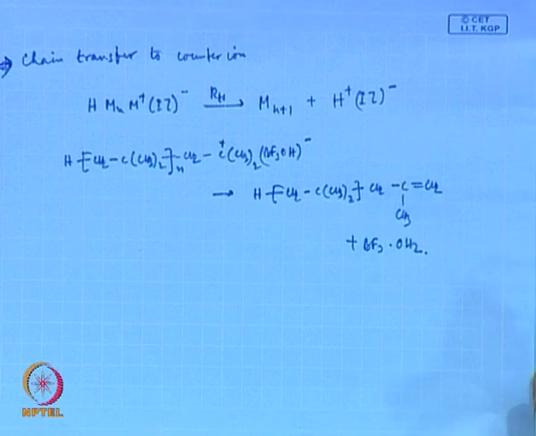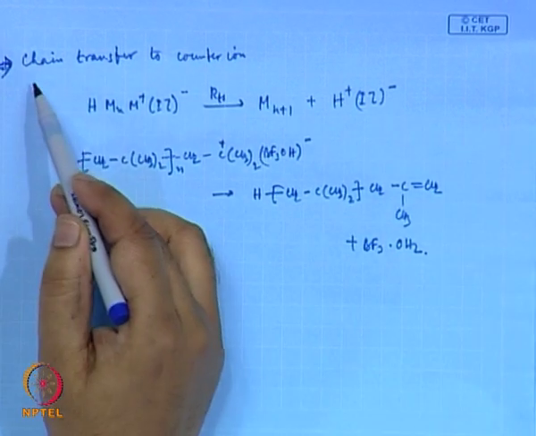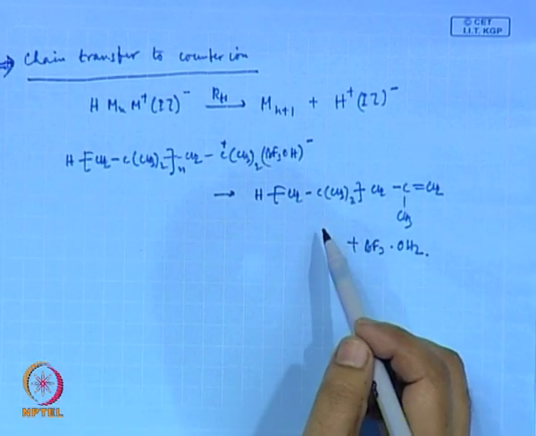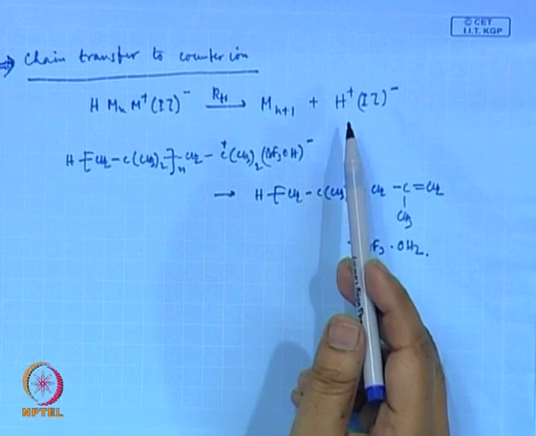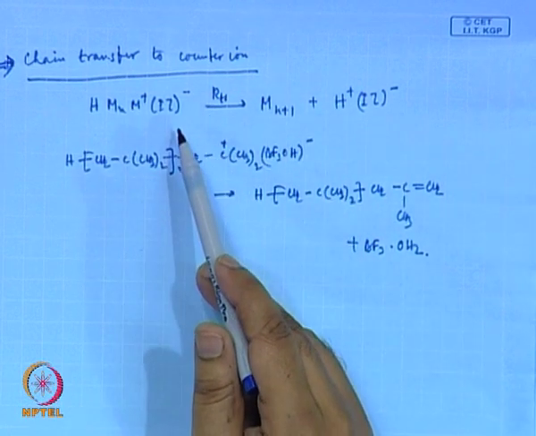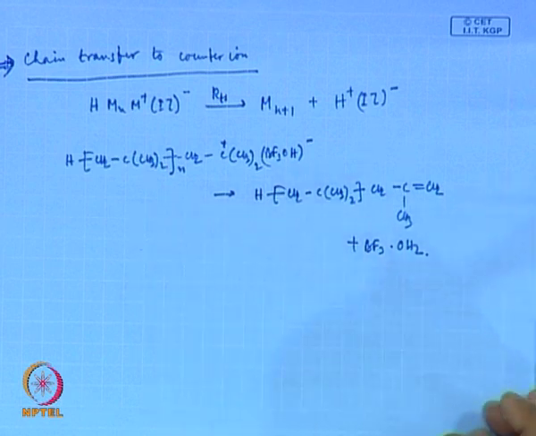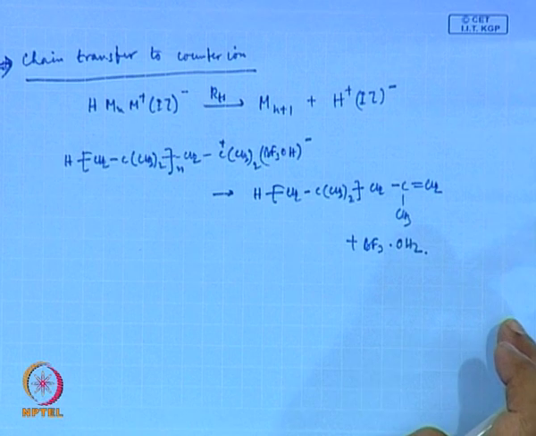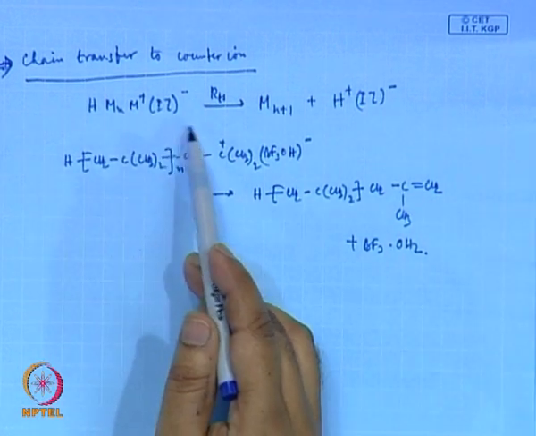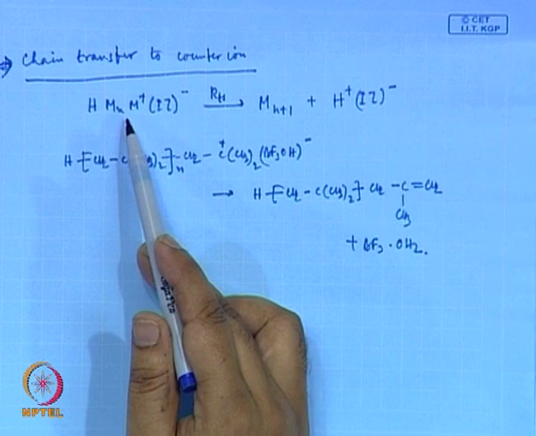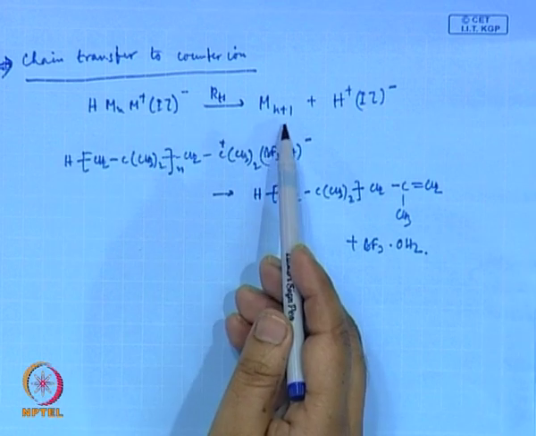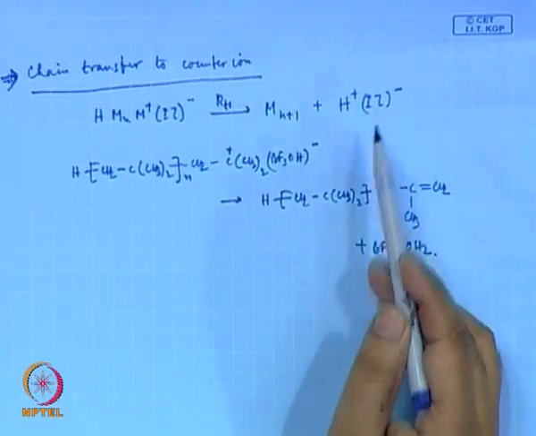Now, let us talk about other possibilities. In this case we talked about chain transfer to counterion, and these are basically similar to the case of transfer to monomer. So, I am just going through quickly these different types of chain transfer. Here the proton is transferred to the counterion itself. So, you get a dead polymer plus a